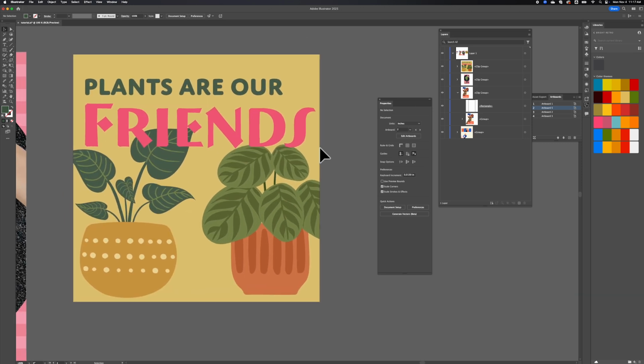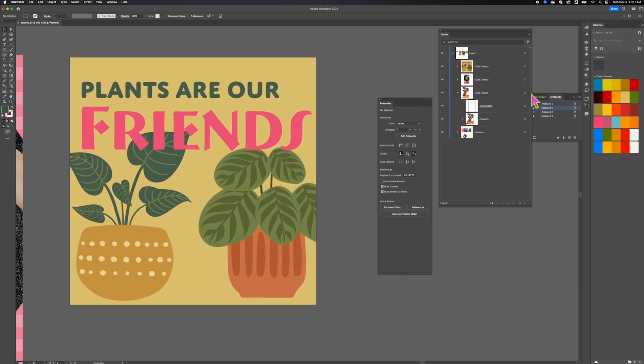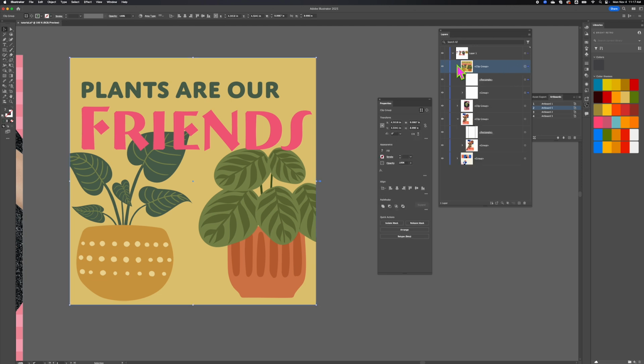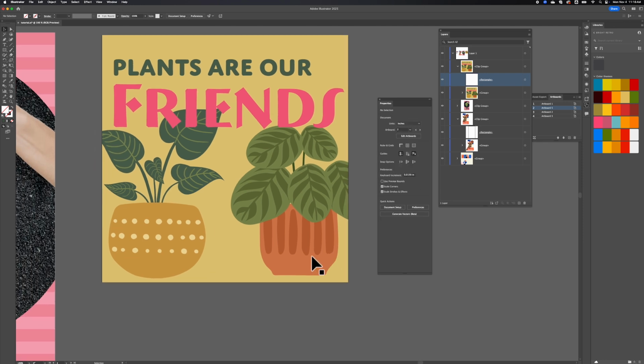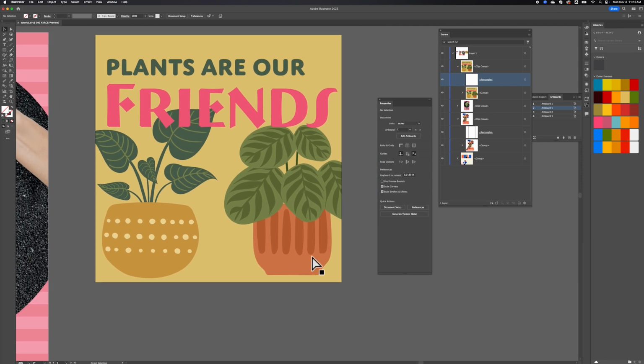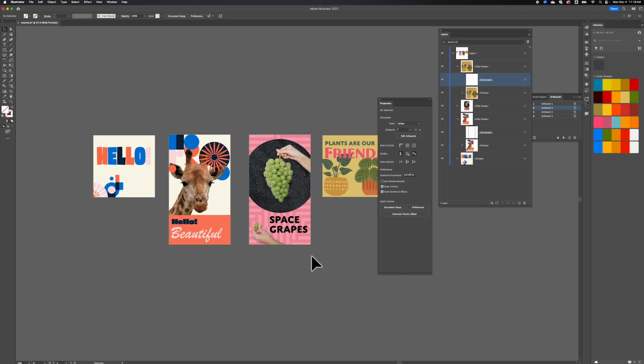Now, if you ever want to adjust your mask, you can certainly do that. So we've got the clip group here. If you toggle down, you're going to see that the mask is sitting on top of the group. All you need to do is click on that rectangle specifically. You can always go in here and make adjustments if you don't really get it right on the line. You can click and drag that mask around. Okay,